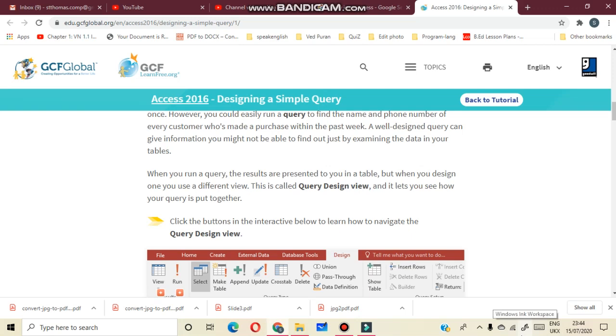Types of query. To view, change and analyze data in different ways, queries can be used. There are several types of queries in MS Access. Select queries. It is the most common type of query that retrieves data from one or more tables and displays the result in datasheet form.